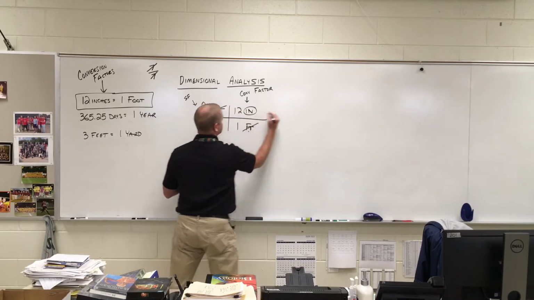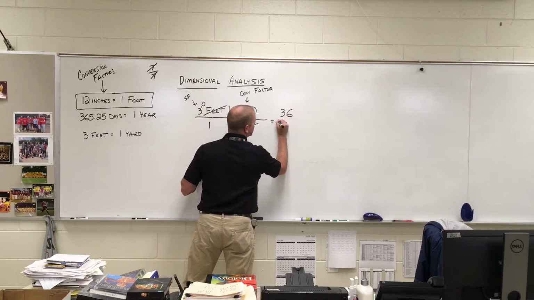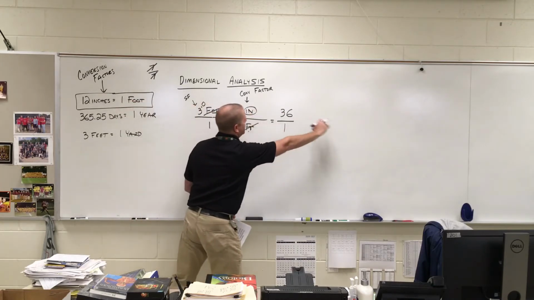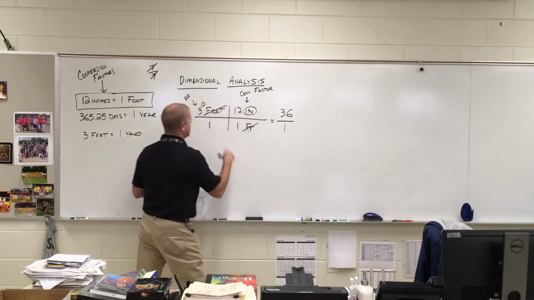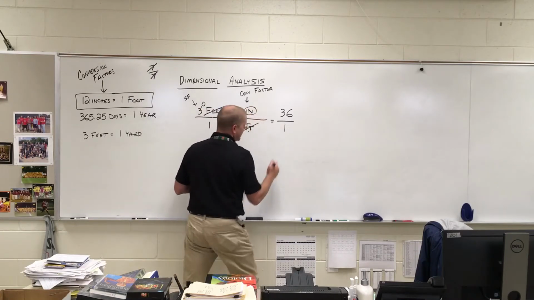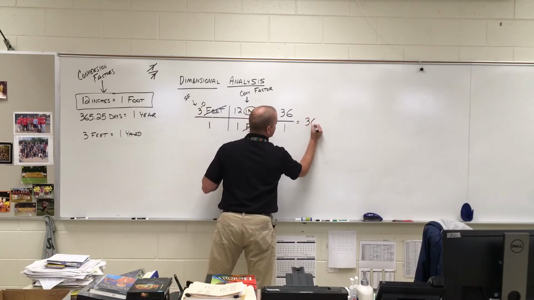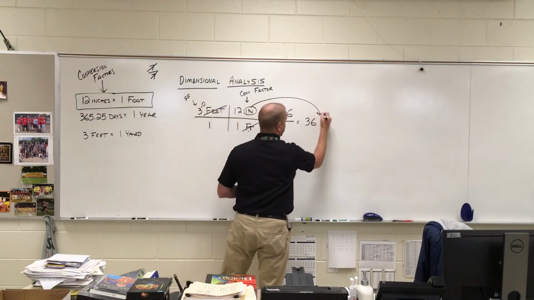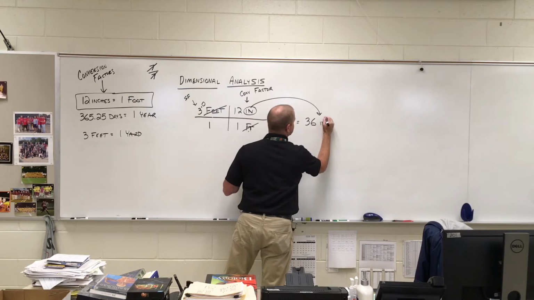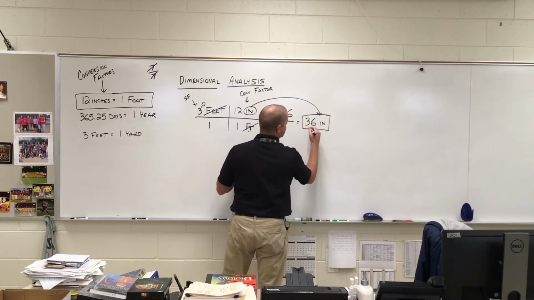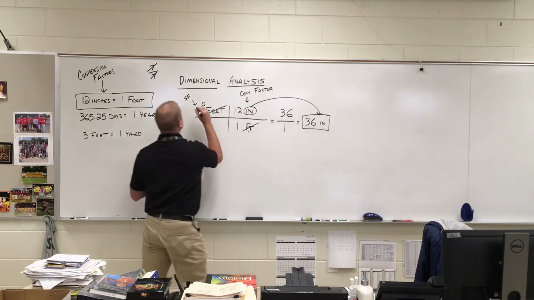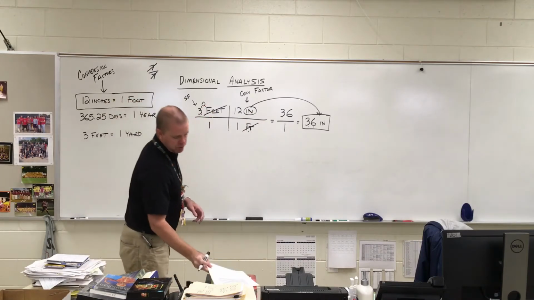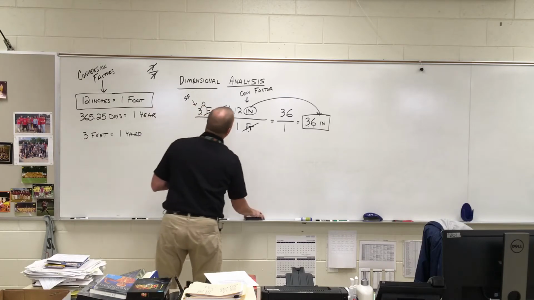We multiply across. So we end up with 36 over 1, right? Because that's fractions. Fractions, we multiply the top across, we multiply the bottoms across. We get 36 over 1, which is redundant, right? And that is going to be equal to 36. Now we can't forget a very important thing, and that is our label that needs to be placed there. So this is 36 inches. And again, 2 significant figures to match 2 significant figures. I know I manipulated that, but I think it's just a good idea for us to do so. Okay? On the second one right now,